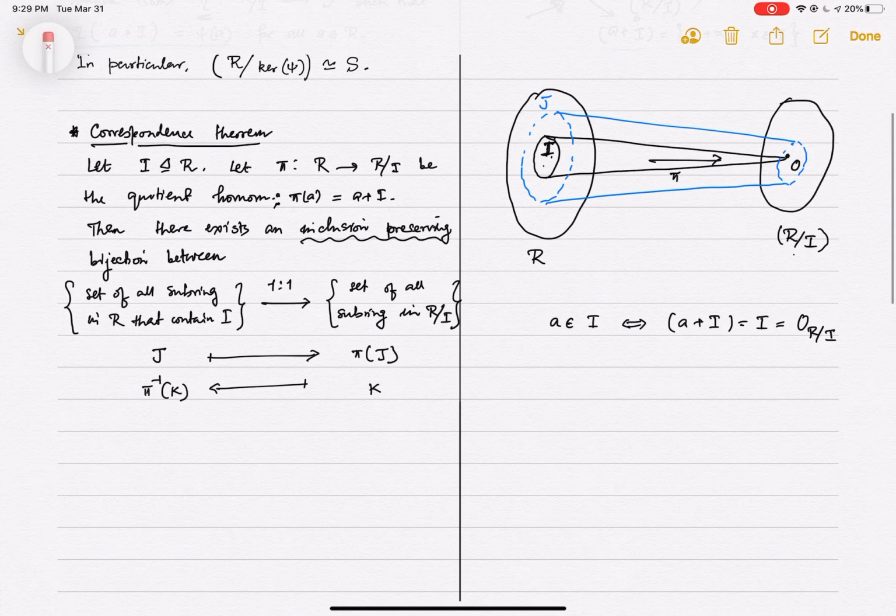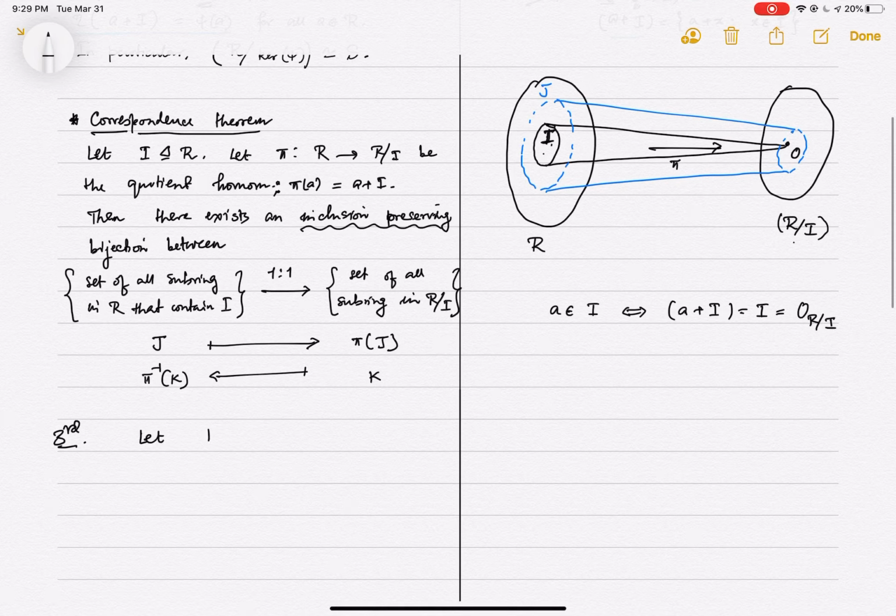One immediate consequence of this that I'll give is what is called the third isomorphism theorem. And this says, say I have an ideal J and an ideal I, two ideals in a ring, and one is contained in the other. So like in my picture, I in J in R. So I have an ideal and a bigger ideal. Then,